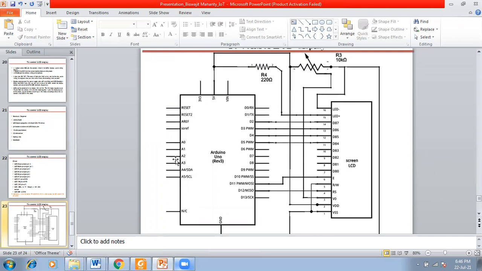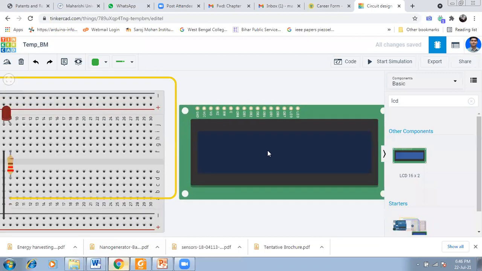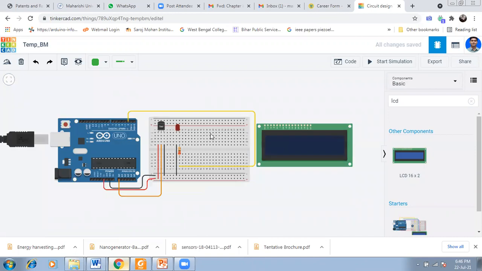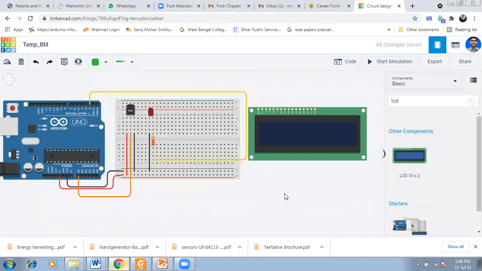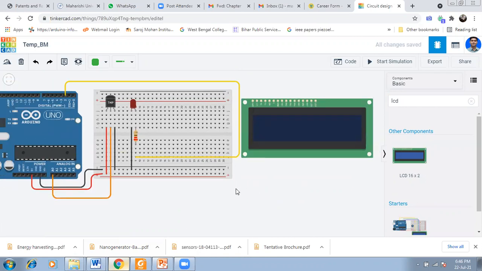So accordingly, we have to connect. So make it. Now see this, this is ground. So now you can connect.